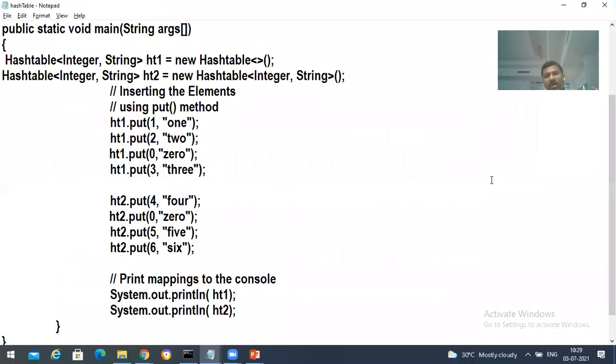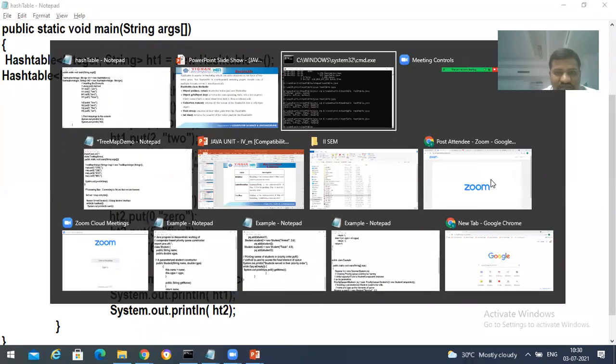Everywhere is going to be like this only. In the place of key value pairs, if they ask about key value pairs, then try to use the put method. If it is a normal thing like ArrayList and LinkedList, then try to use a method called add. Apart from that, nothing will be there: creating an object, adding, and then printing. That's it. And if it is possible, try to use one iterator over there. In the same class, create an iterator object and use a while loop with iterator.hasNext and iterator.next, and write down the output. That's it. Apart from that, nothing we need to do here in the collection framework, right?